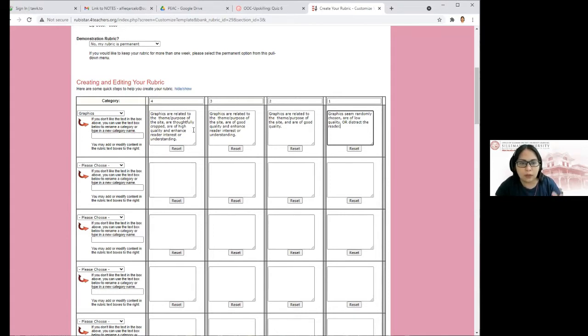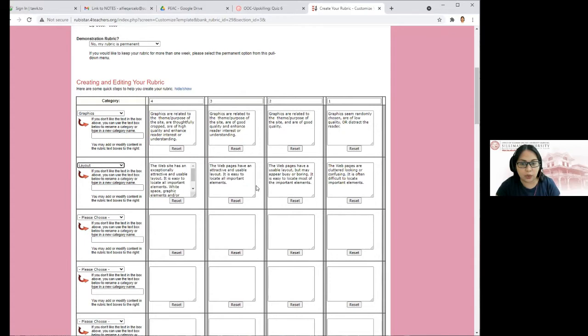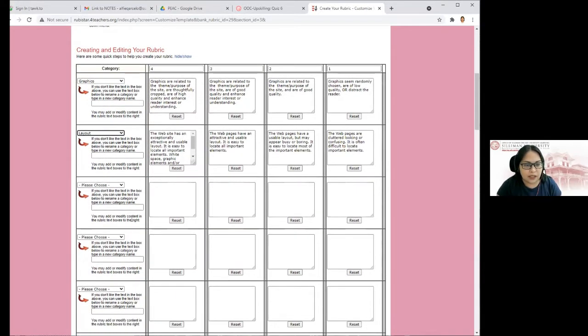So you will already have a template, and then you could just add or delete whatever suits you. And then, okay, let's go to layout. For me, when it comes to layouting, I always also include the number of pages, so I could actually place it here, no? And then, for example,